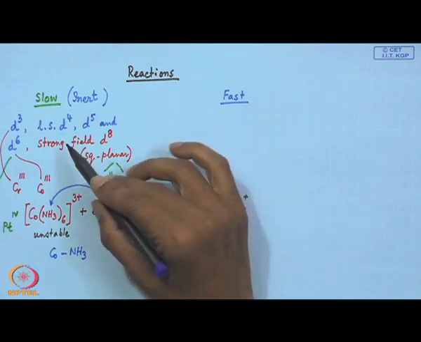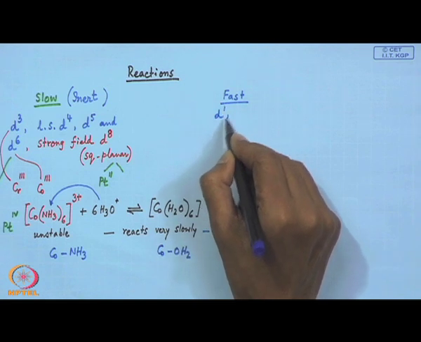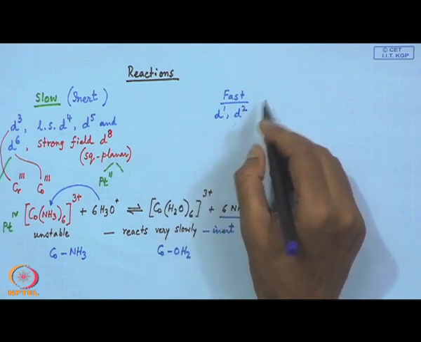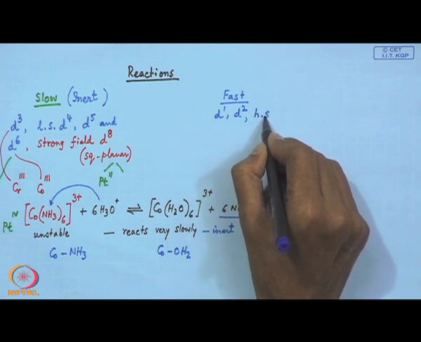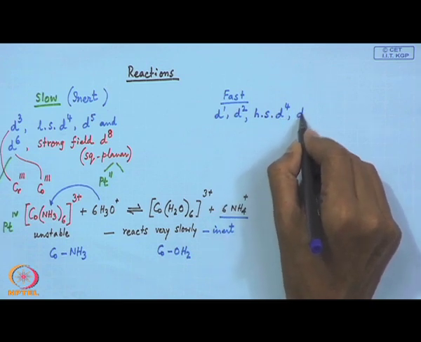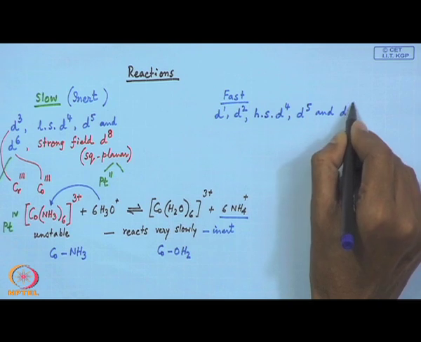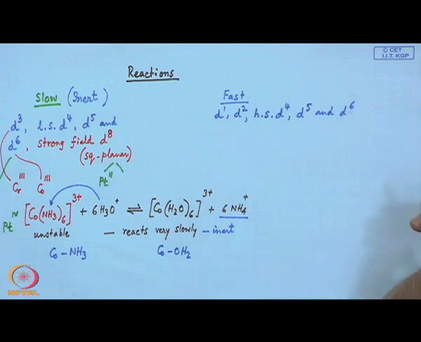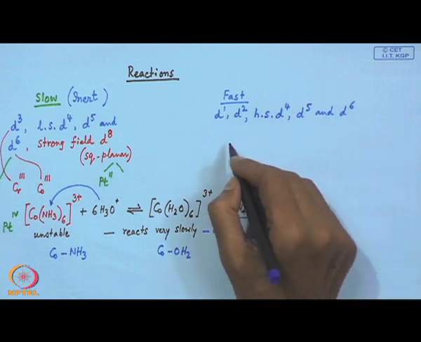The other metal ions, which are D1, D2, then not low spin but high spin D4, D5 and D6, can give rise to fast reactions,